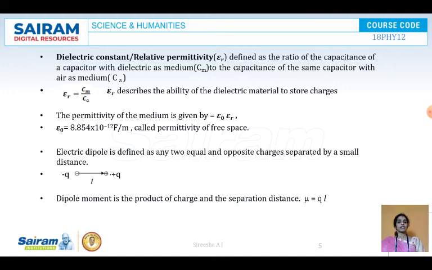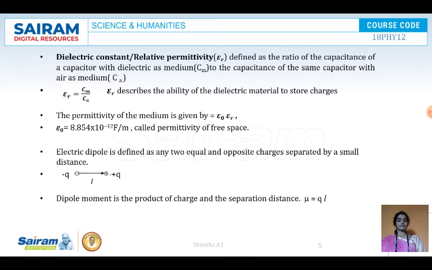Dielectric constant or the relative permittivity. Dielectric constant epsilon r can be defined as the ratio of capacitance of a capacitor with the dielectric as a medium to the capacitance of the same capacitor with air as a medium. That is, epsilon r is a ratio of capacitance with the dielectric to the capacitance without the dielectric. Here the permittivity of the medium is given by epsilon r into epsilon naught. So epsilon naught is equal to 8.854 into 10 to the power of minus 12